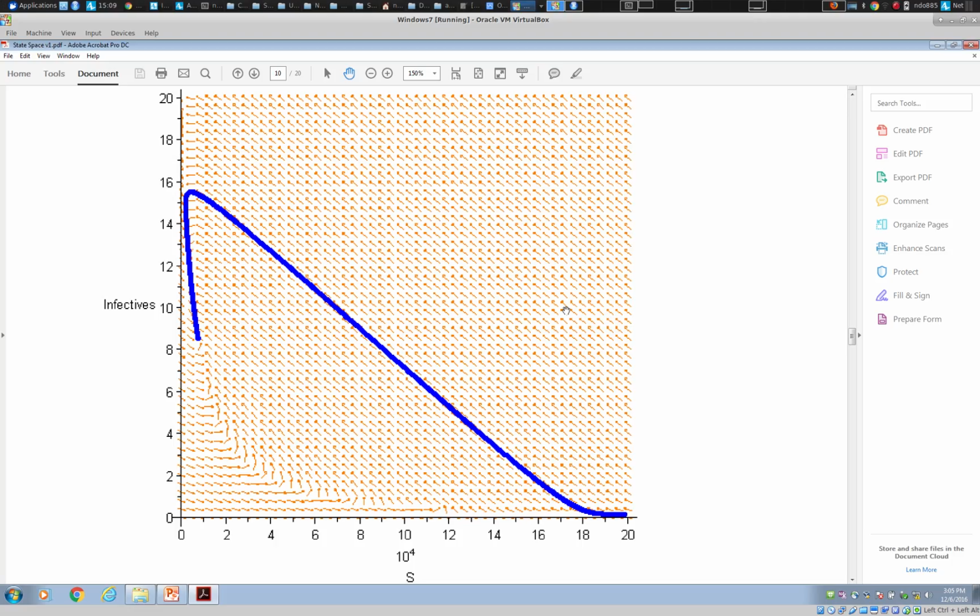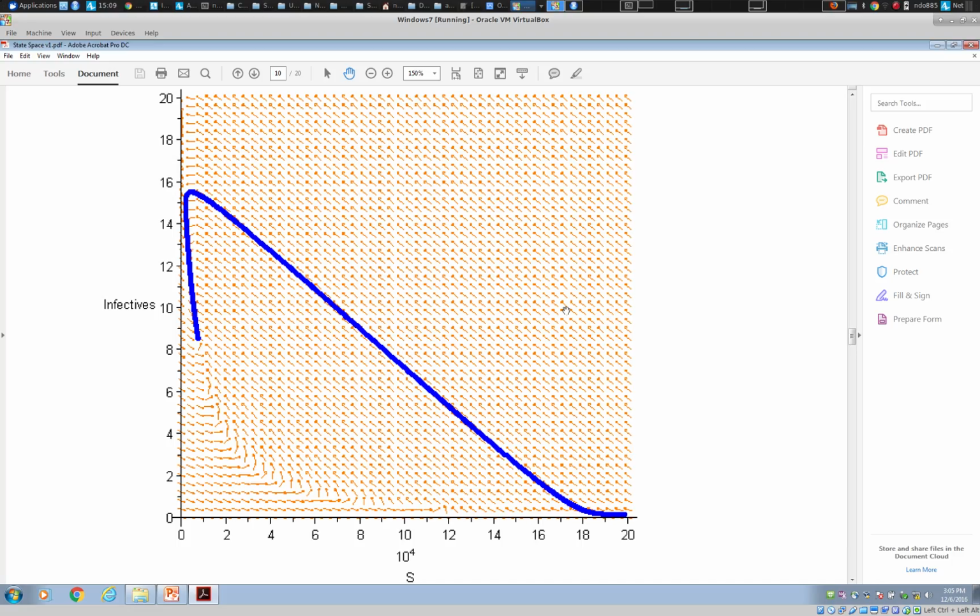This is one particular trajectory. This is one particular run of the model that happened to start here, and it just follows the flows. It just follows these lines. In short, it just follows these equations over time. S is changing, I is changing, and as it's going, it's moving along,